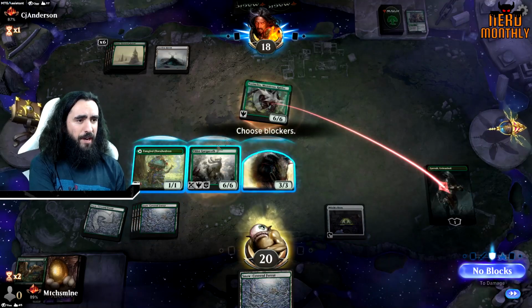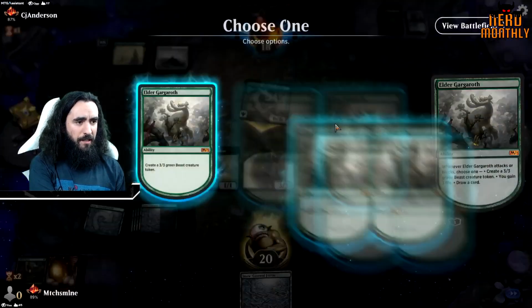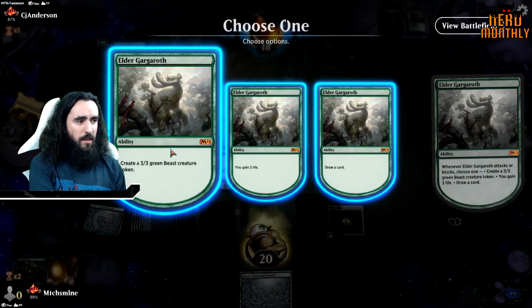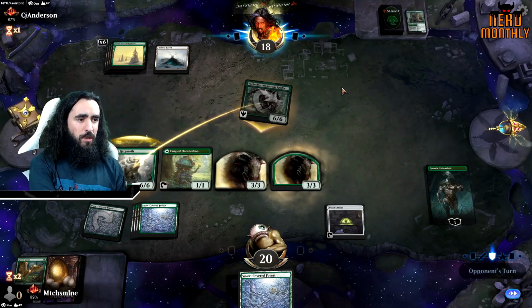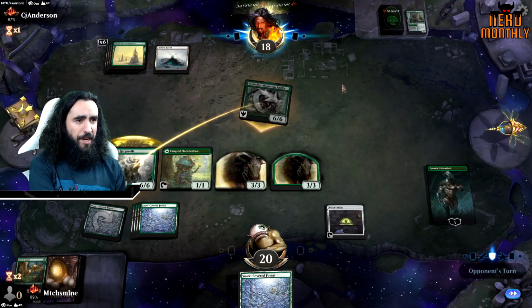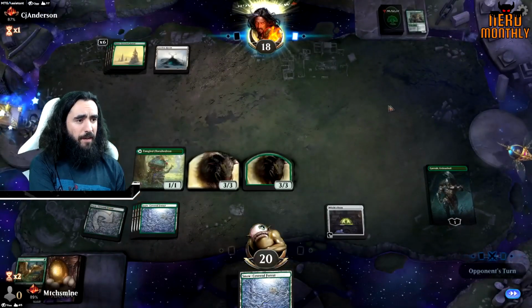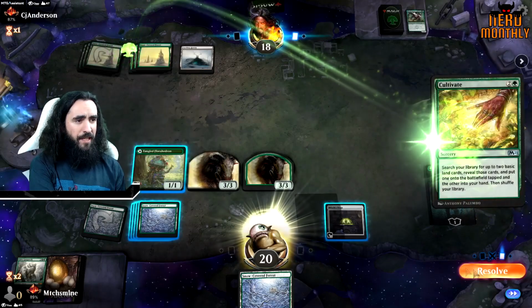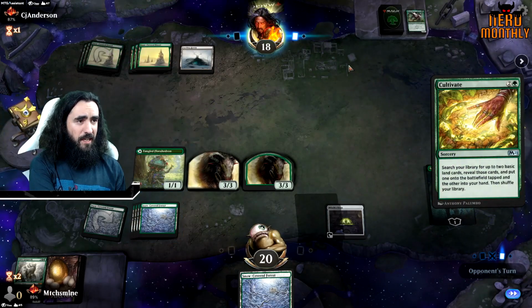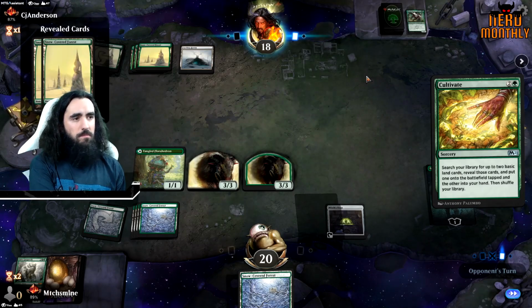I mean, I can get rid of his Vorinclex here, and draw a card. Also make a beast. So I think I will make a beast. Having a white board here to get rid of his Faceless Haven seems pretty good. And we got rid of his Vorinclex. If he has another Vorinclex, we can block it with the beasts. It doesn't look like he does. But he has a Cultivate, so with the Faceless Haven...